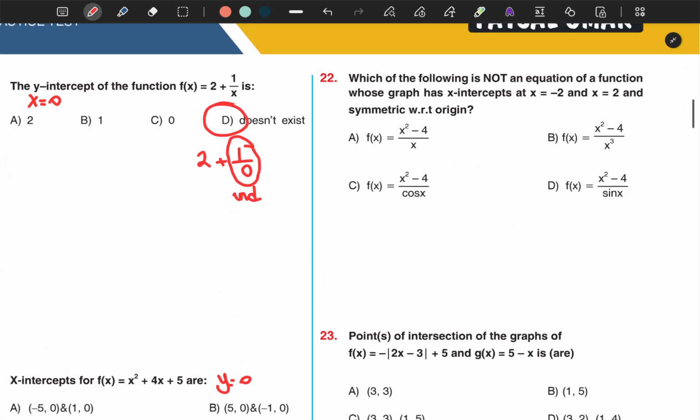Okay, next question. Which of the following is not the equation of the function and has x-intercepts negative 2 and positive 2 and symmetry with respect to the origin. First I have to check the symmetry with respect to the origin to find the odd one. Okay, so the up part is even, the down part is even, even divided by even is even, even divided by odd is odd. Okay, here I have an odd because why? Even divided by odd, and here again odd. For which one